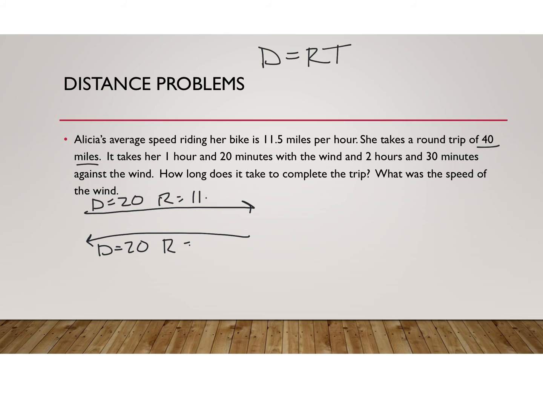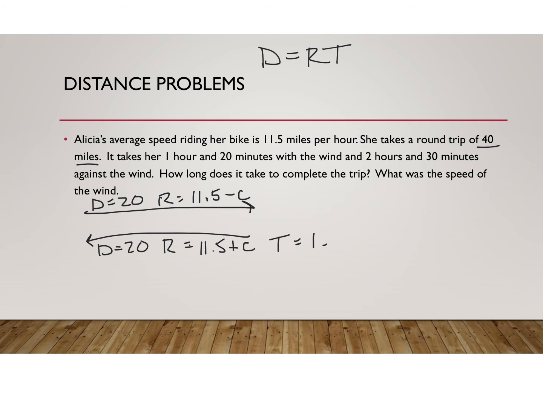So if I'm going against the wind, my rate would be 11.5 minus c. And then coming back with the wind, my rate would be 11.5 plus c. So therefore, for each of these times, with the wind, the time is 1 hour and 20 minutes,